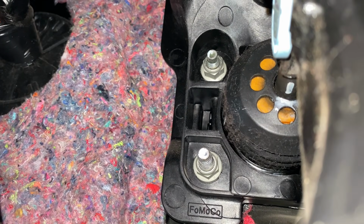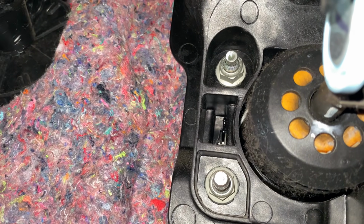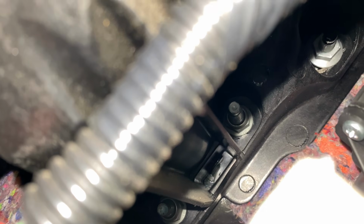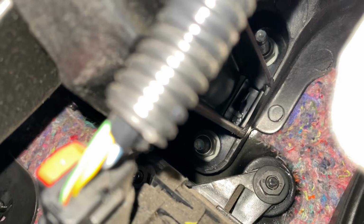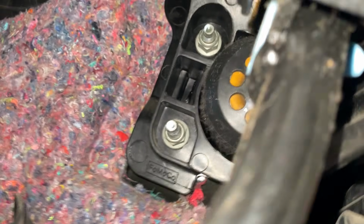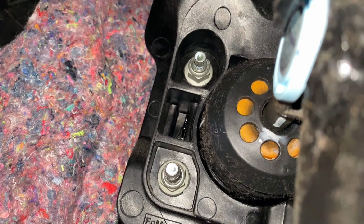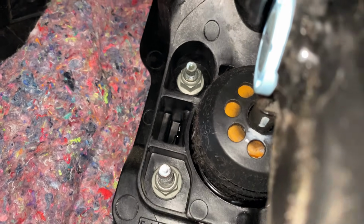Here we are on the inside, and we have 4 13mm nuts to take off. So we have these two on this left hand side of the plunger. There's number 3 right there, and number 4 is going to be tricky to show you on camera, but it's going to be right there, you see. So if that one's 3, that one's 4. Easiest way to orient yourself is just to go on either side of this plunger here. So again, those are 13mm. I'm going to take those off, and then